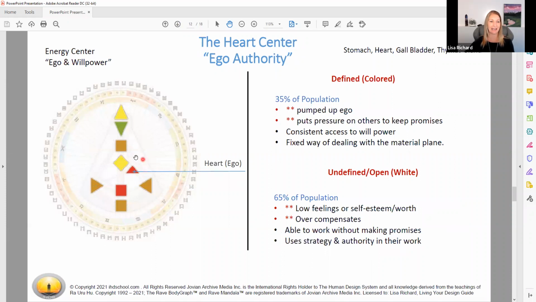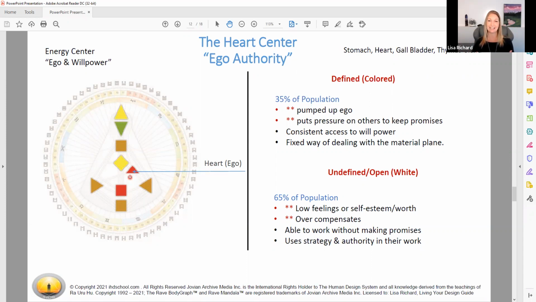So we're moving up now to that little heart center. It's the tiniest center on your body graph. This is another energy center. This is the center of ego and willpower. So there's only about 35% of the population that has that defined in their chart. These individuals are really here to know about money, to know about resources, to know about communities. They are really good at allocating resources so that it's fair for the majority. They are just here to look at things on a bigger picture, a more collective, more tribal picture.